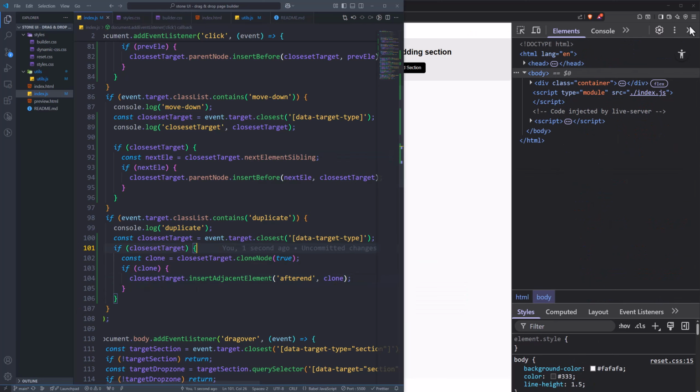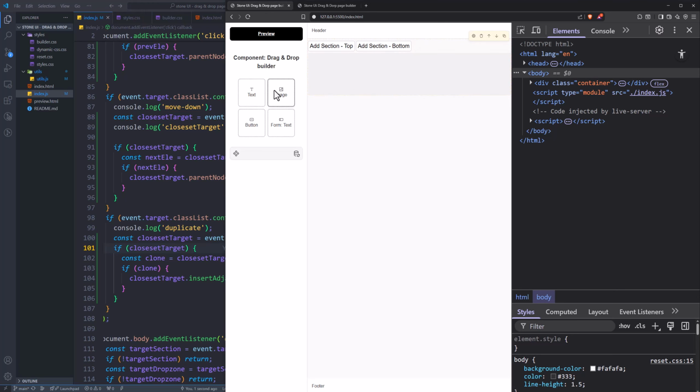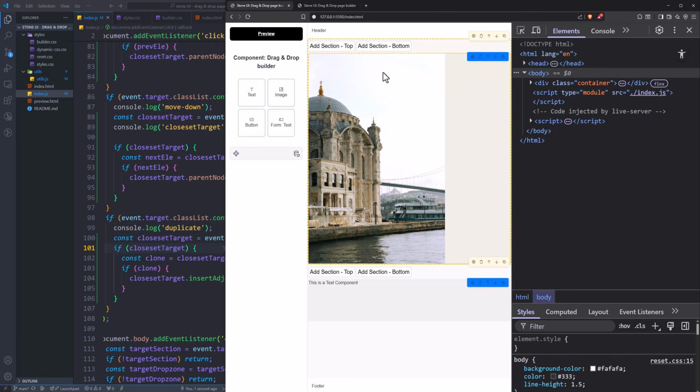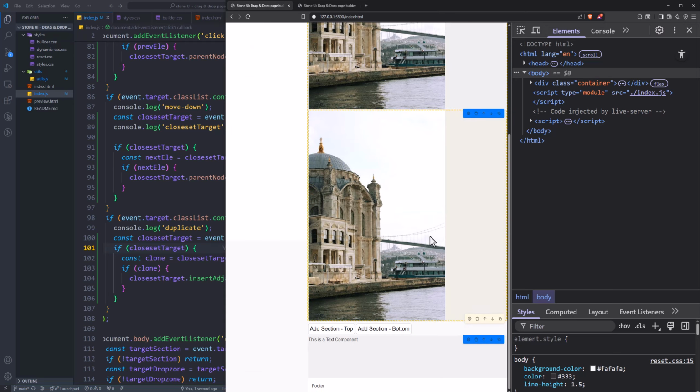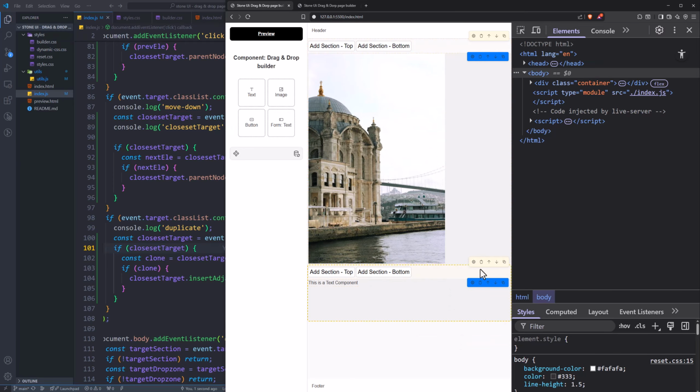Okay, let's see if it is working. Add section, add text, add one more section, add image. Now let's say I want to duplicate this image. Click on here. See, the image is duplicated. I can delete it again. And if I want to duplicate this section,